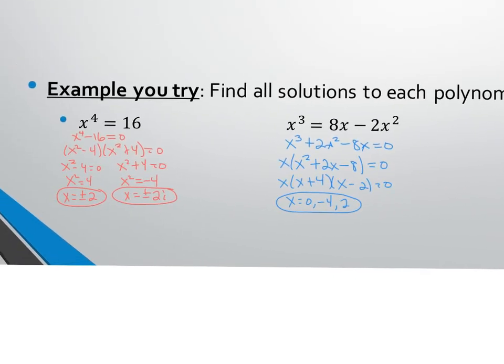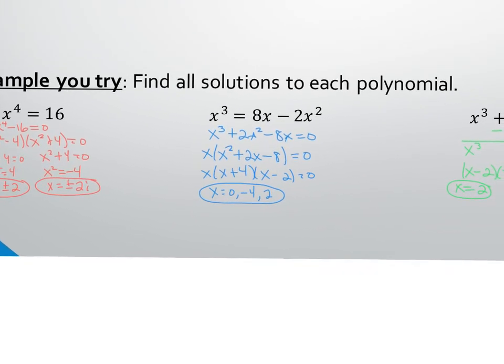Okay, so hopefully you found for the first, x to the 4th equals 16, you can't just 4th root both sides because you will end up missing 2 of the 4 solutions. You have to subtract the 16 and then do difference of squares. You do get plus minus 2 and plus minus 2i. For the middle